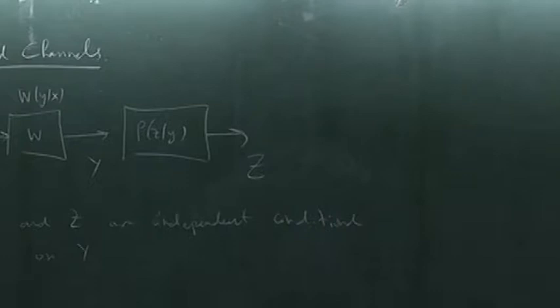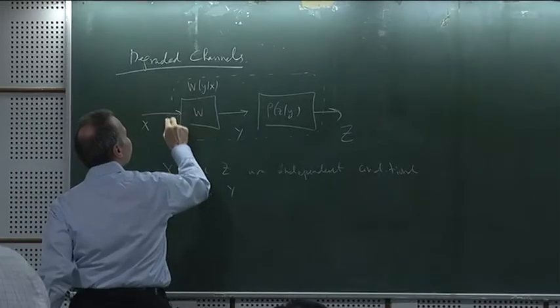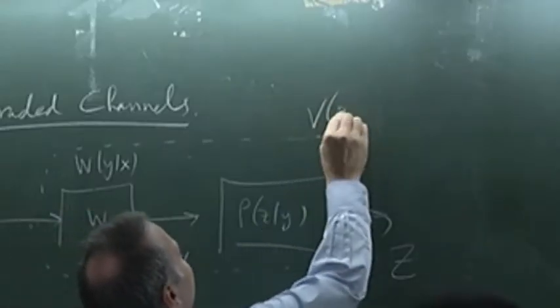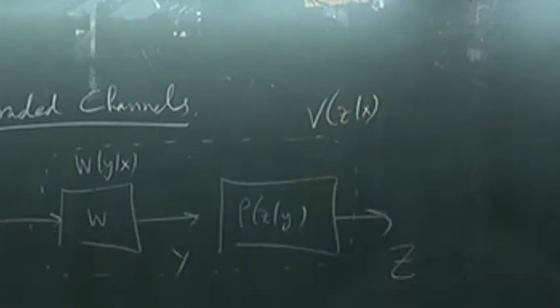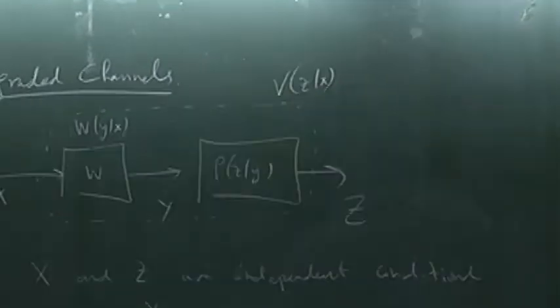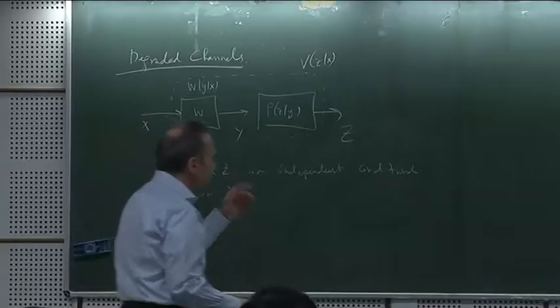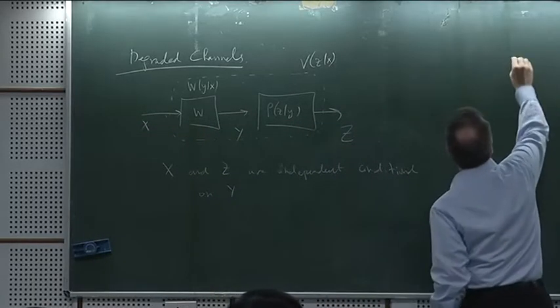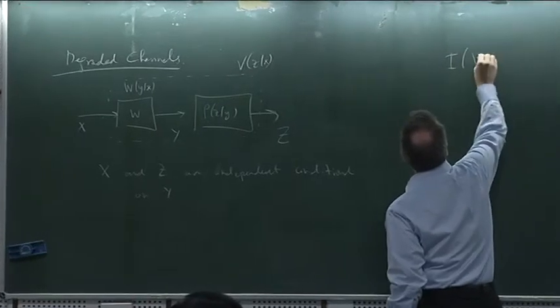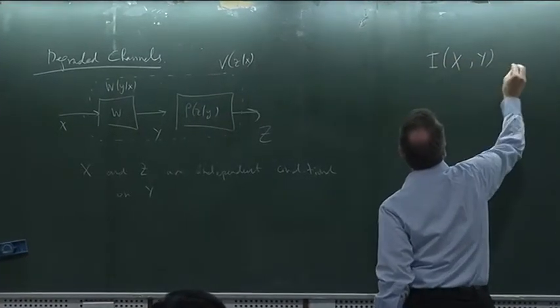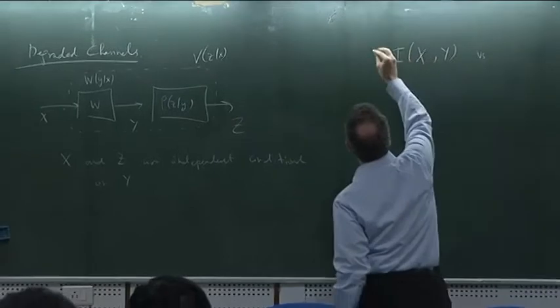So if I call this thing the channel V of z given x, the overall structure is that I send the x and I receive the z. So now let's try to compare I of xy versus